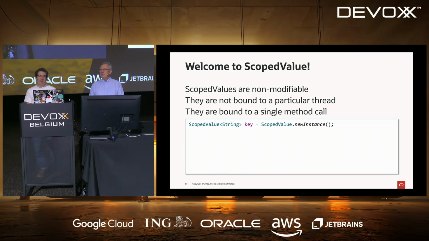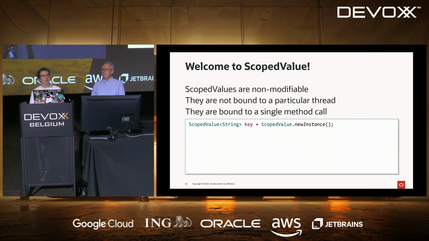So the idea of scope value is to provide a better API to do exactly what scope value does. Not everything that scope value can do, but everything that people are using scope value for in one way, and you would want just to optimize that way.